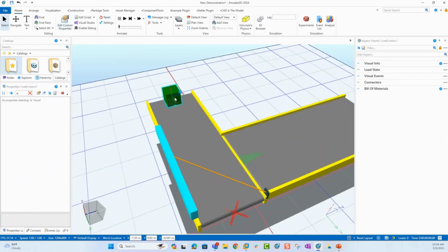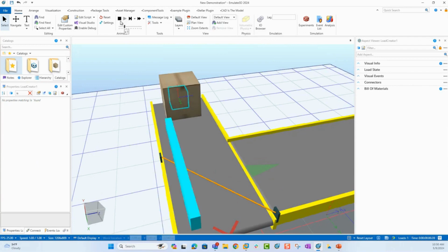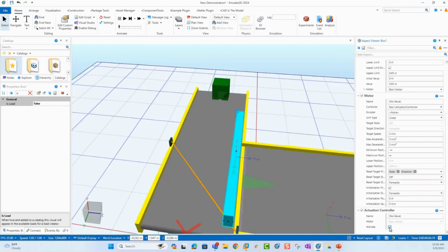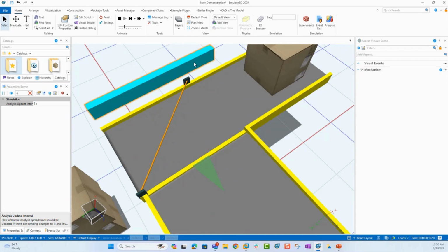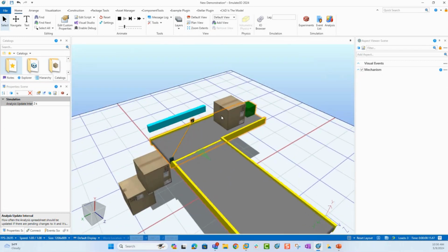Let me slow down the load creator so that we have a chance to do things a little bit easier. We'll make one every 5 seconds. So right now it's blocked. And now it's not blocked, but it is cleared, right? Let me uncheck that. So now that we've got that photo eye and that pusher all set up, that is something that we could connect up to some control logic and look for a signal from that photo eye